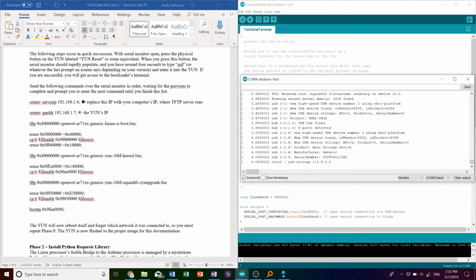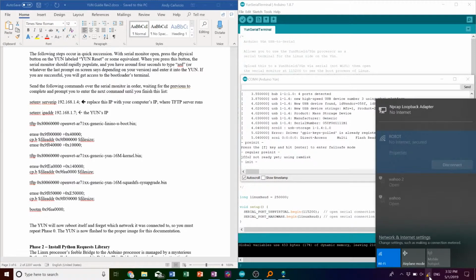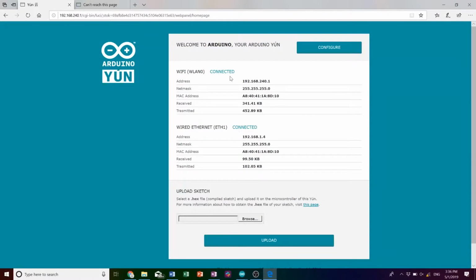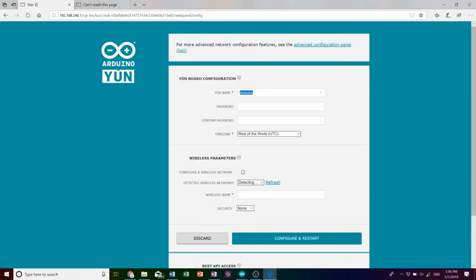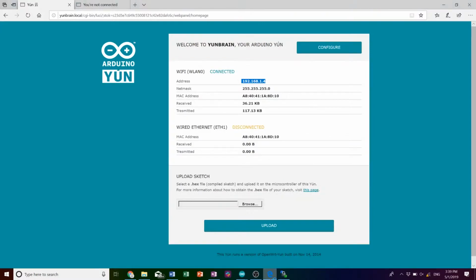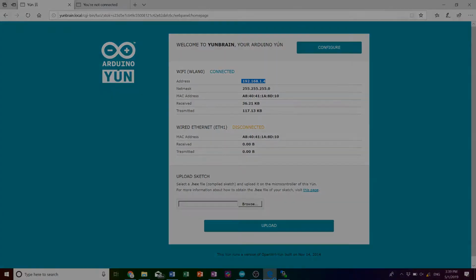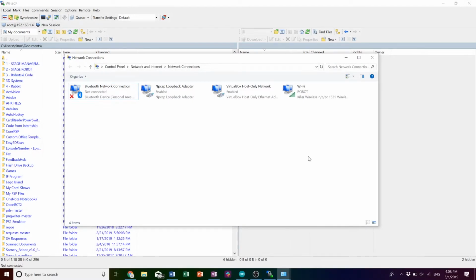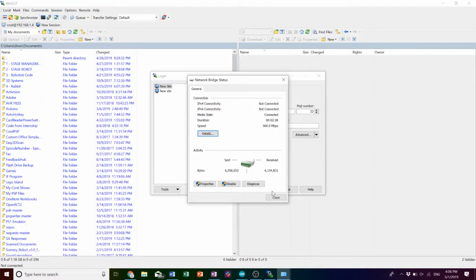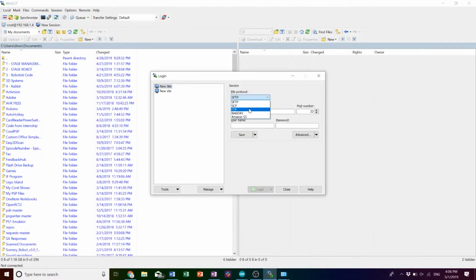So now the YUN is going to emit its own Wi-Fi signal again, and we'll have to remind it to connect back to the robot network. And back in a web browser, I will go back to the YUN and... Okay, it's restarted. Great. My IP address is 192.168.1.4, and I physically disconnected my wired Ethernet port because we're not going to need it any longer. Fantastic. I had to step away momentarily to get access to the World Wide Web on my router, but now that that's configured, I will reconnect to